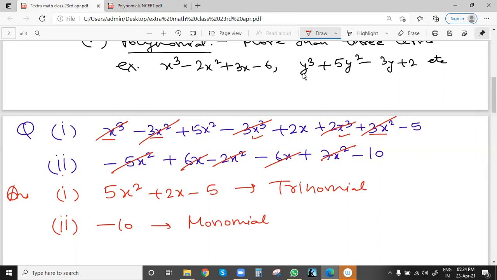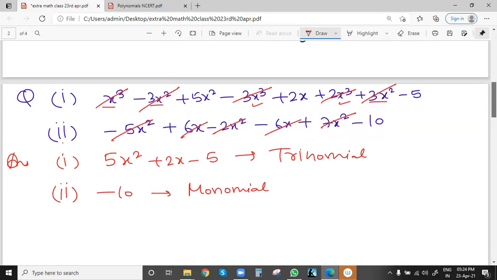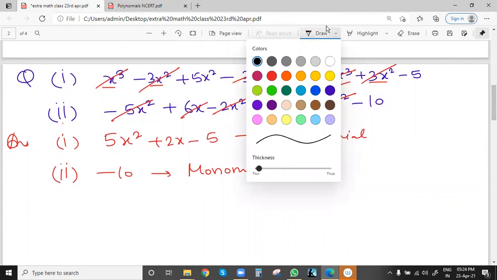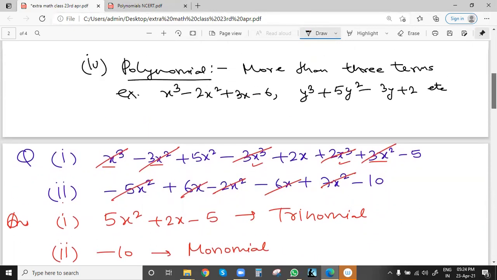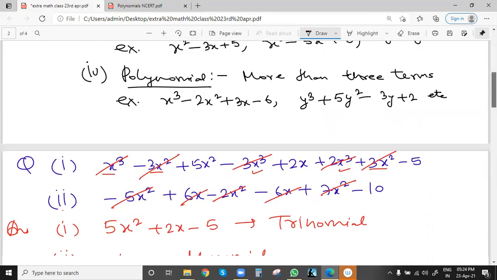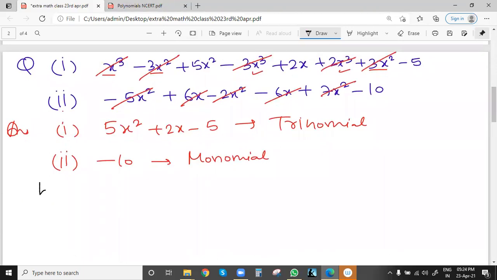So we have to simplify the given polynomial, and then we can write the values. Correct. Now we'll see the second type in polynomials. We had the first type based on number of terms. Now we'll see the second type in types of polynomials. Second is based on degree of x, or we can say maximum power of x,